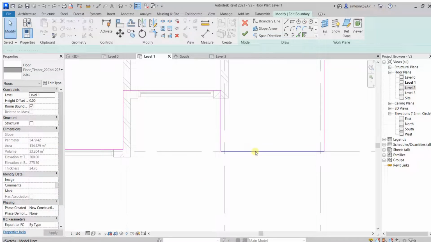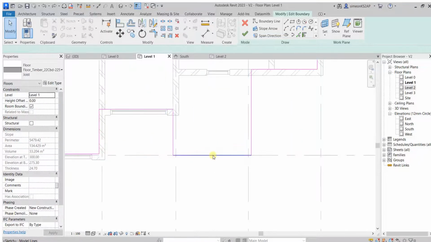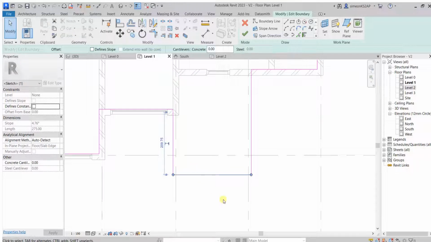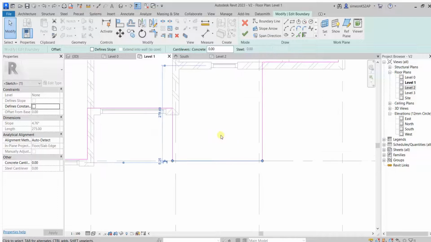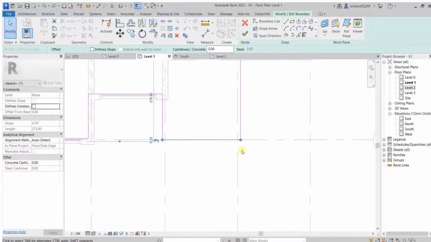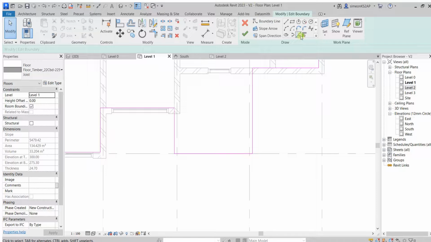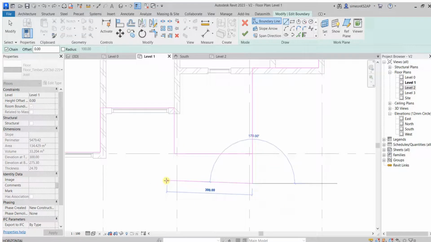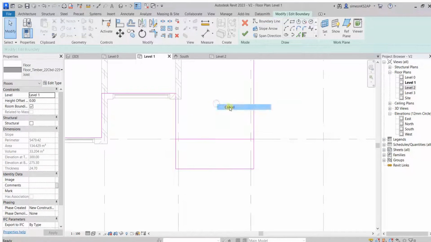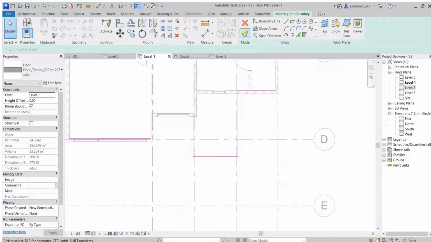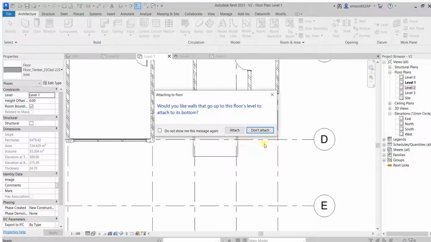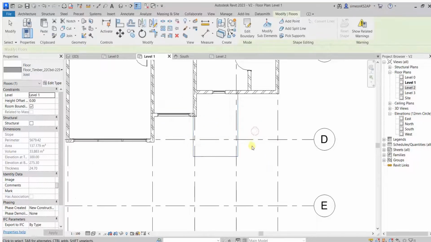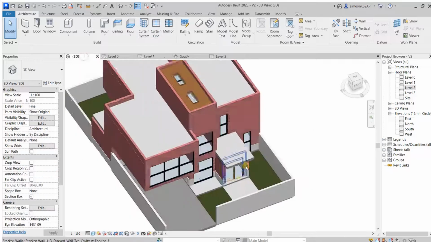That's not true. So I think the best way to actually do that is, I think I'm going to use a line method to kind of extend it to a desired distance. Okay, I'll put 100 and I will match these distances. Now I'm going to delete this interior one and hit OK. Then I will say I think I will choose not to attach. Okay, so let me go to